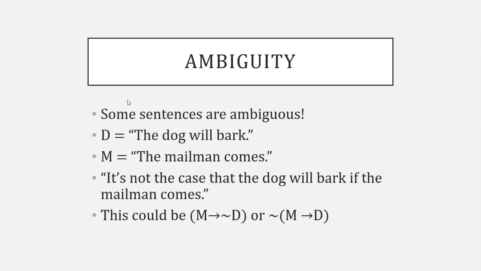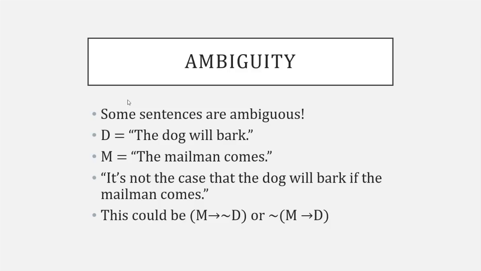So that sentence is ambiguous. That sentence could be legitimately, logically symbolized in at least two different ways. Now, I'm going to try my very best to not give you sentences that are ambiguous without telling you that they're ambiguous on the test. So,